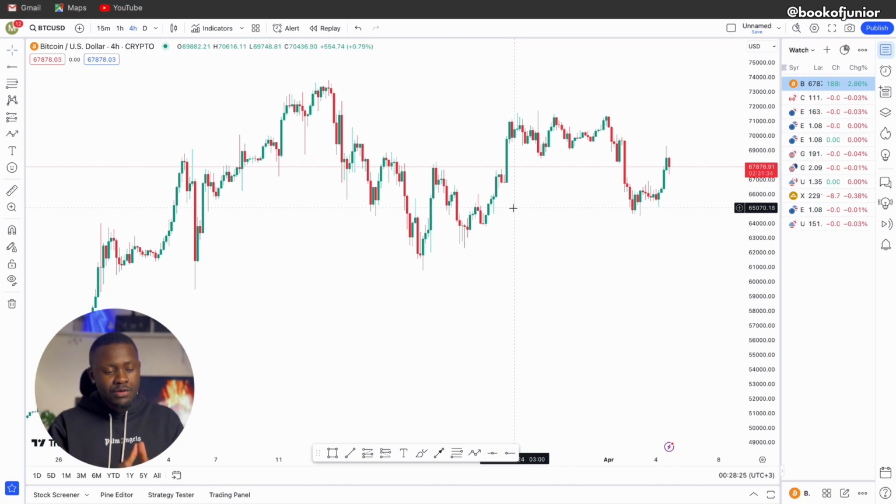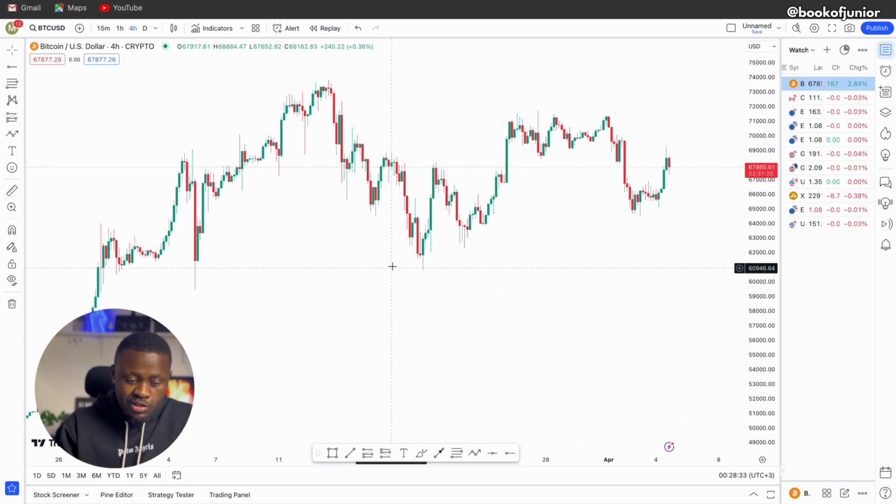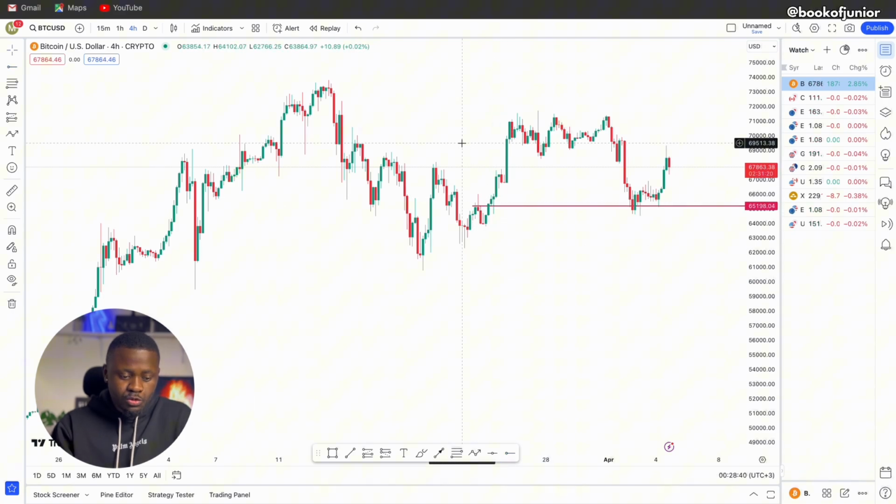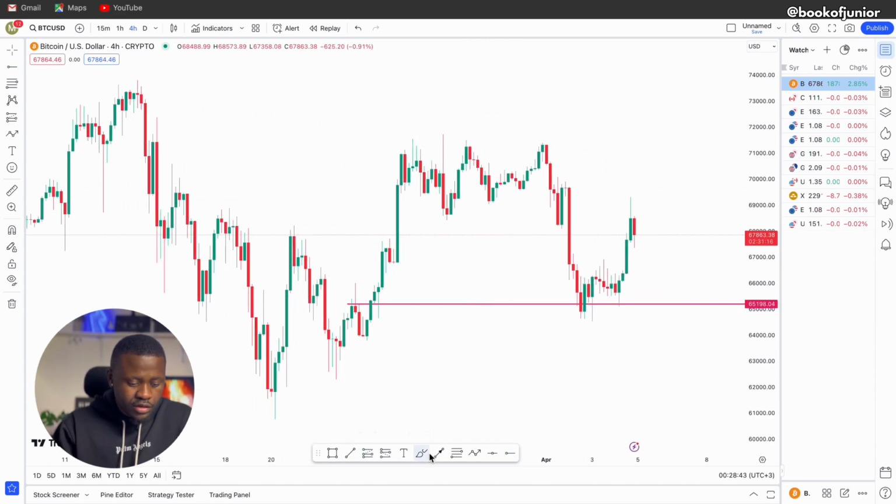Now when I zoom into my 4-hour candle, guys, I always mark out my key zones. This is not where I have my analysis, but I'm just doing this for you guys so that you can see. I always mark out my key zones, and the key zone for the trade that I called today was this part right here, as you can see. The reason why this is a key zone is you can see price failed to break this part right here, meaning this was now a resistance,